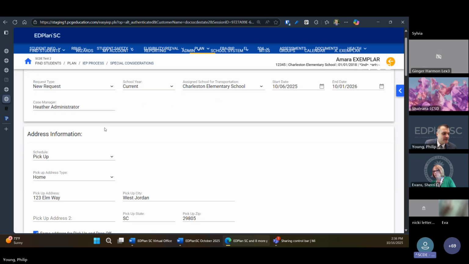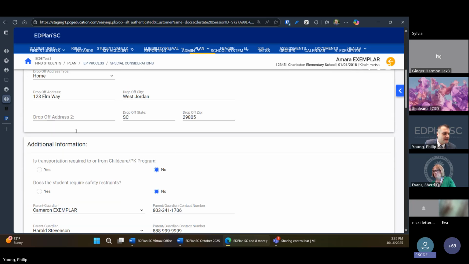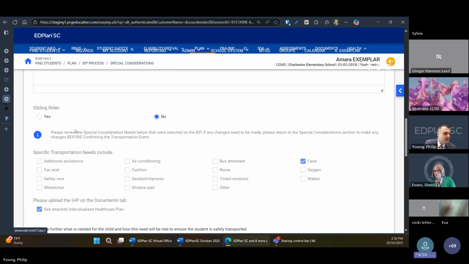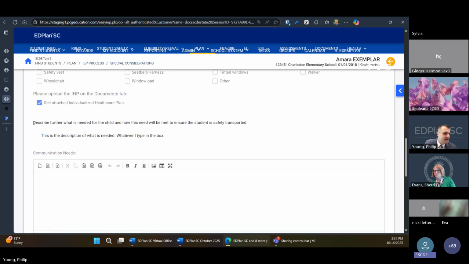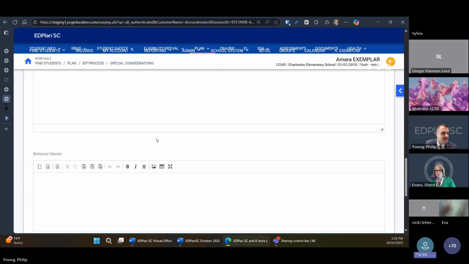When I come now into my transportation request form and I enter all this information, as I scroll down, you'll see that this question is here. And whatever I type in that box back on the special considerations page is going to show up here. This is so that whoever's receiving this transportation request form will have all the context and information about why the child is receiving special transportation.